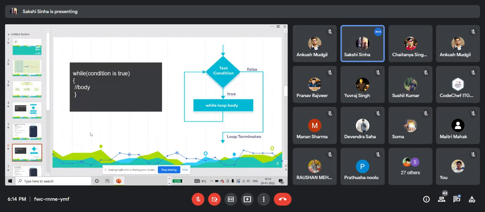So I'm Sakshi Sinha, second year IT. Also, I'm an executive member at Codechef ITGGV. So as Ankush told, there are three types of loop, basically a for loop, while loop, and a do while loop. So coming to the while loop part,